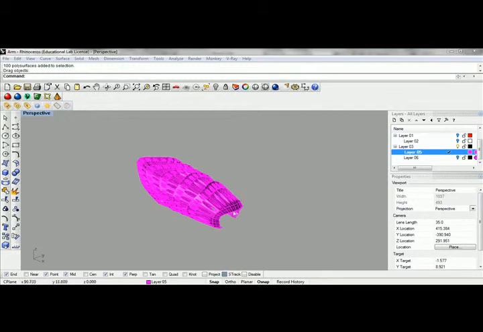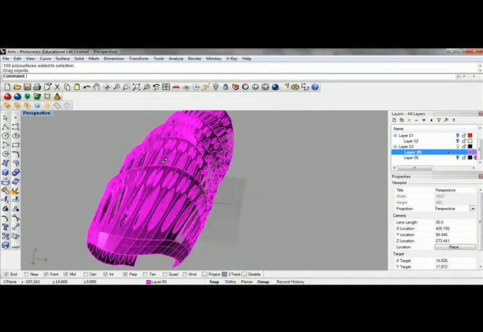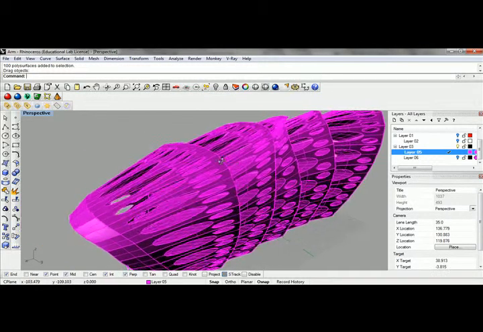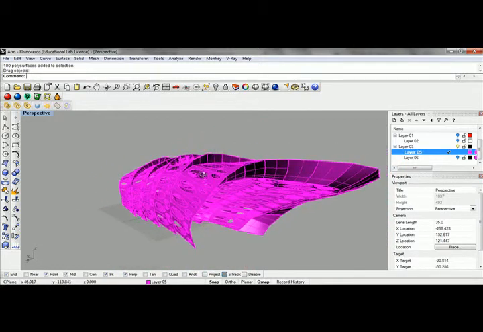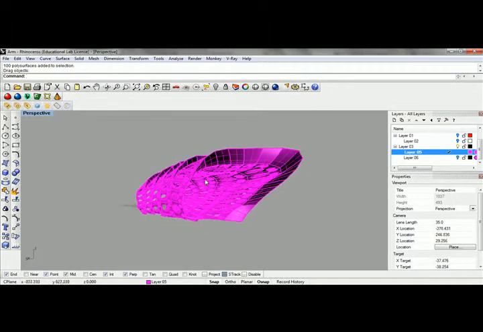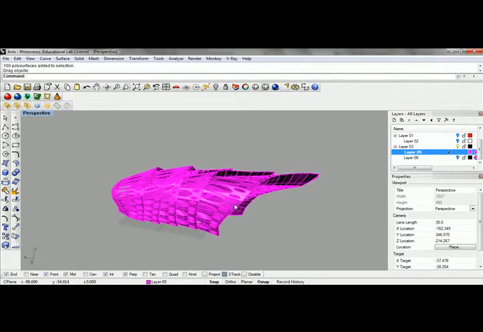Okay, so I've loaded up a file that I previously set up for 3D printing. This has actually been 3D printed already, so I'll probably post some pictures of this when this gets online. But the idea here is that you need to understand what you're going to be developing is a watertight